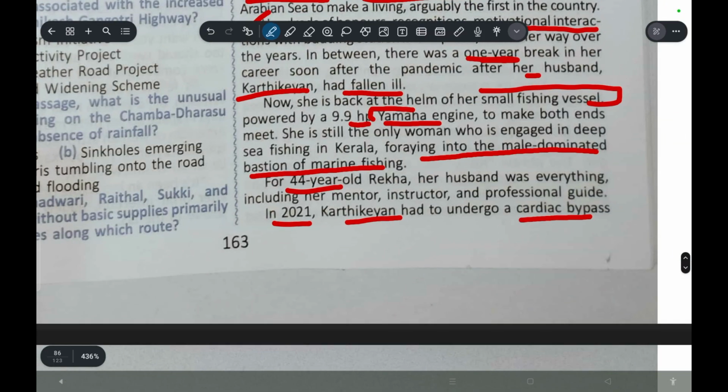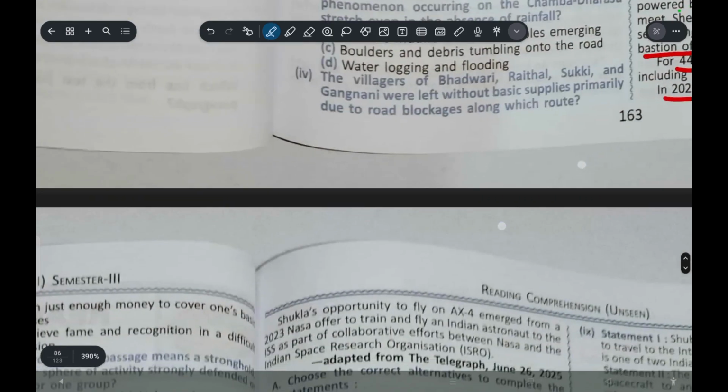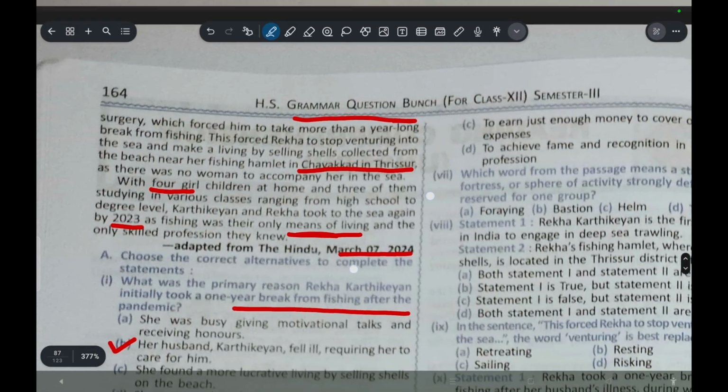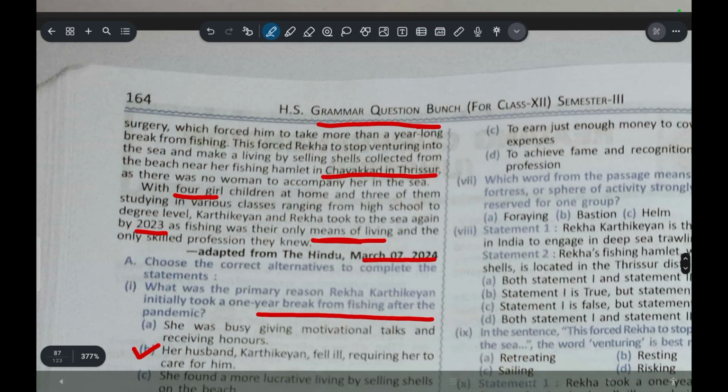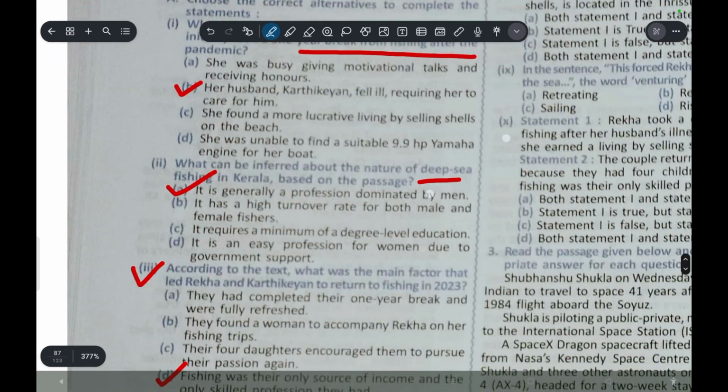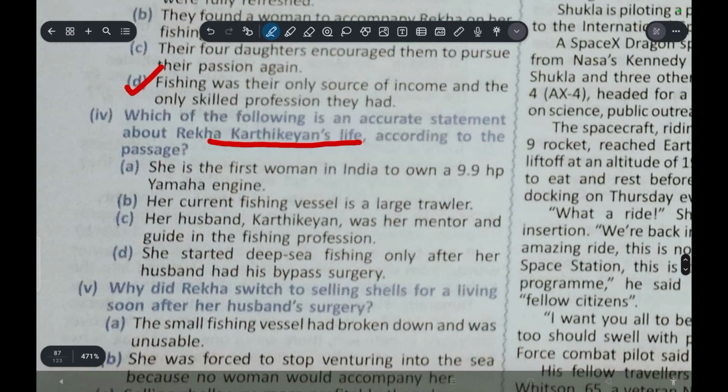Her husband was everything, including her mentor, instructor, and professional guide. In 2021, Kartikeyan had to undergo a cardiac bypass surgery which forced him to take more than 1 year long break from fishing. So there are two options that I can see now, that her husband Kartikeyan was her mentor and guide in the fishing profession. She started deep sea fishing only after her husband. Oh, no, sorry. The answer will be C, because